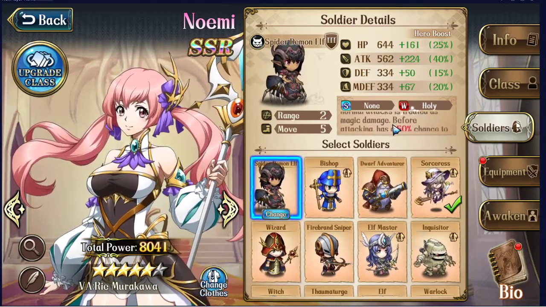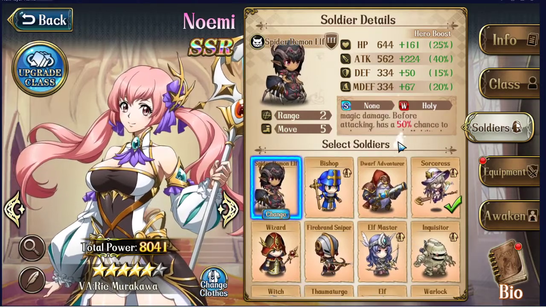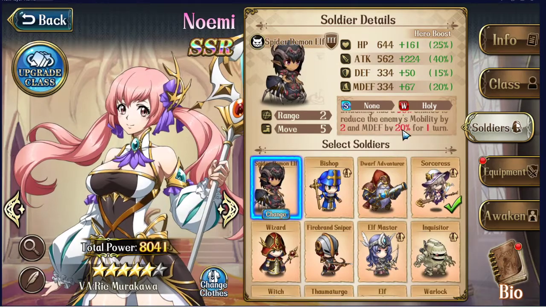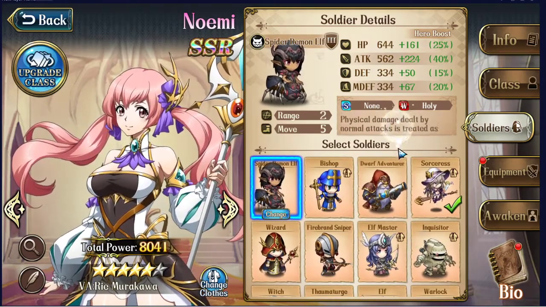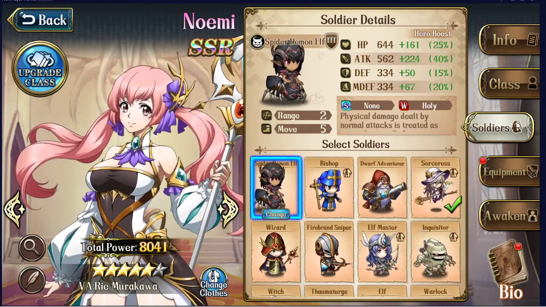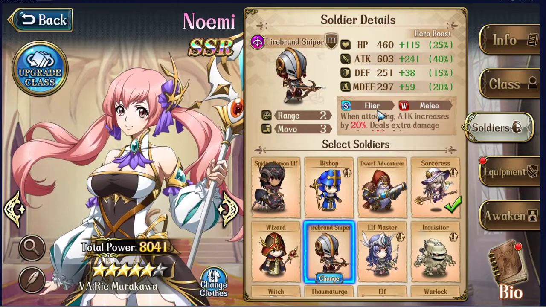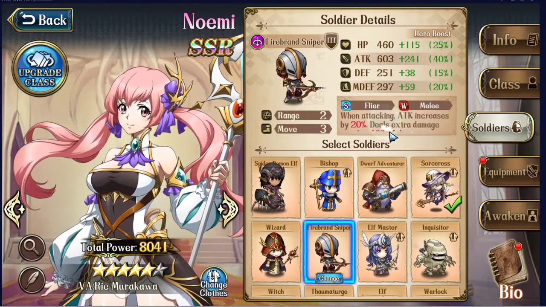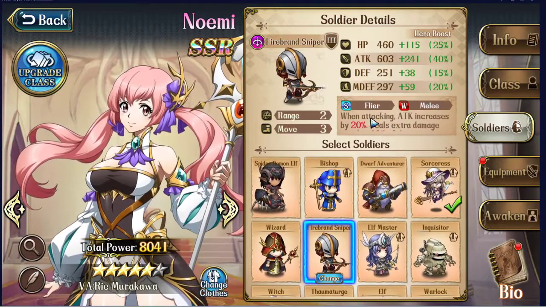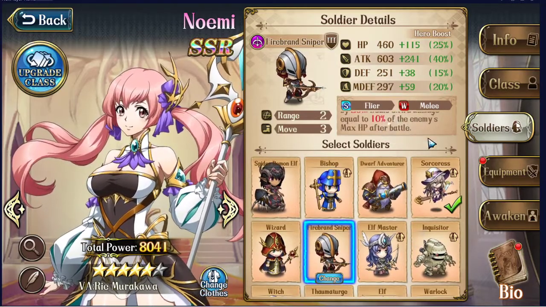You're not going to use Spider, Demon, Elf because you don't care about reducing their mobility, and the magic defense reduction is not going to make up for the loss in extra attack that they get. Firebrand Sniper is the only other one that you might consider because he gets extra attack increase just for attacking, and he deals extra damage equal to...